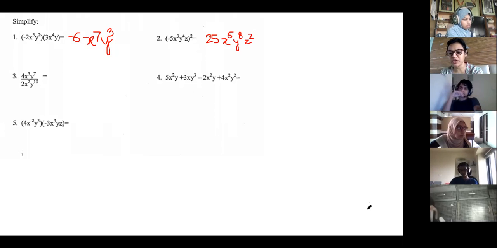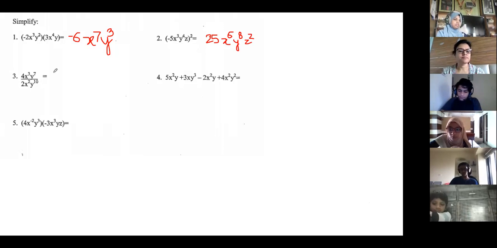Munib, where are you? Ma'am, next can I answer, ma'am? Yes, have you found the answer? Yes. Tell me the answer. Ma'am, first of all, you'll simplify 4 and 2. The answer will be 2. Yes. It will be 2x. x cube and 3 minus 2, so the answer is 1. Yes. So x raised to 1, we don't write.